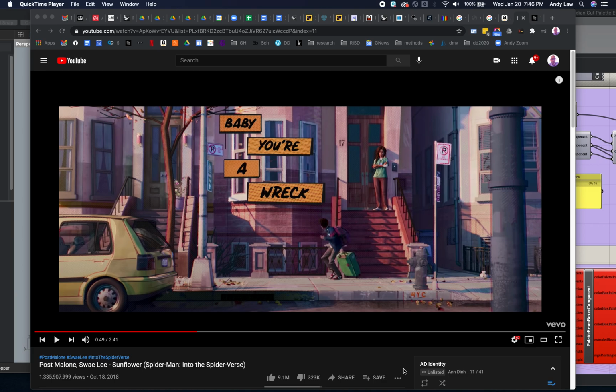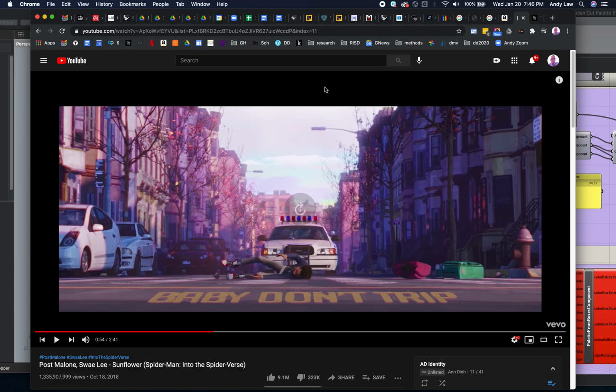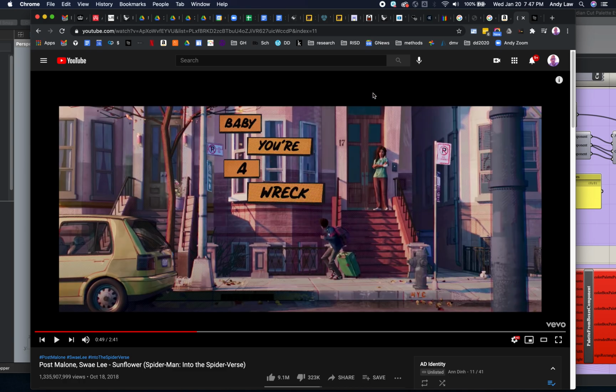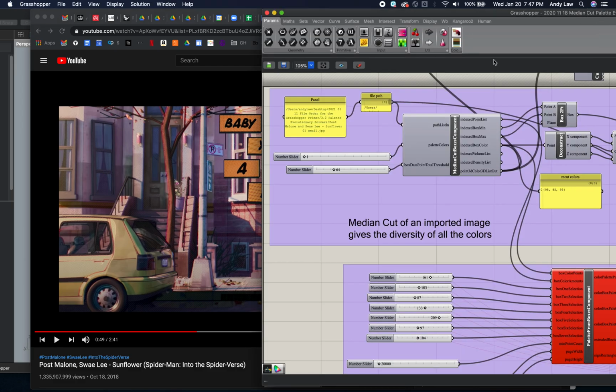I'm just going to try and explain how you can go from a music video to a 7-color measured palette. So the first thing to do is to find a music video that you like, and then find a frame that you're interested in, and then just do a quick screen grab of that. I can't do a screen grab because I'm doing a screen recording, but I've screen grabbed this, I've saved it in a file, and then in